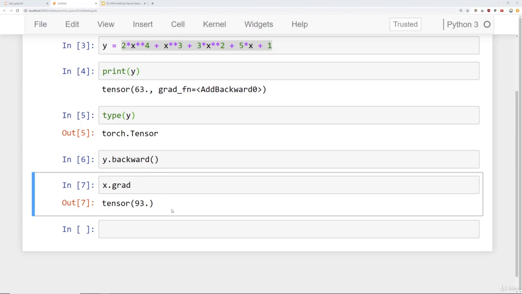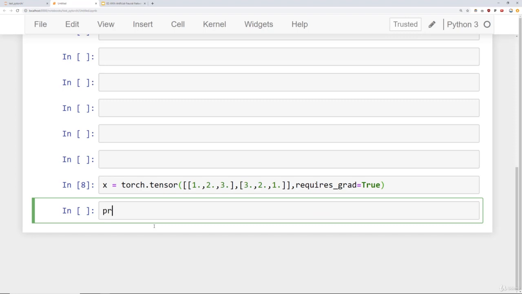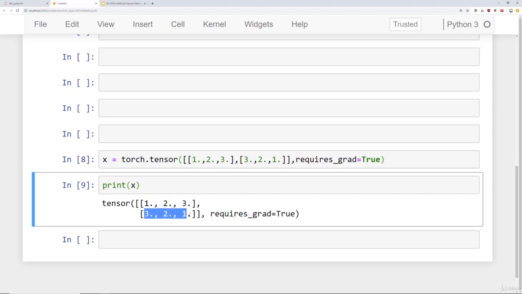What we're going to do here is first create a tensor. So let me create a couple cleared cells there. We'll say x is equal to torch.tensor, and this will be two-dimensional, so note my use of brackets here. On the first row, we'll say 1, 2, and 3, and I'm making these floats, and then in that second row, 3, 2, 1. And to make sure everything's linked, I will say requires_grad is equal to True. Let's go ahead and print x, see what it looks like. So I can see here I have 1, 2, 3 in that first row, and then 3, 2, 1, and